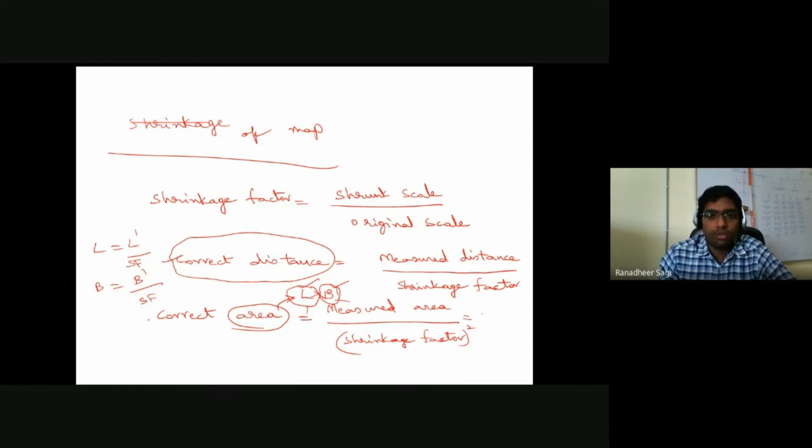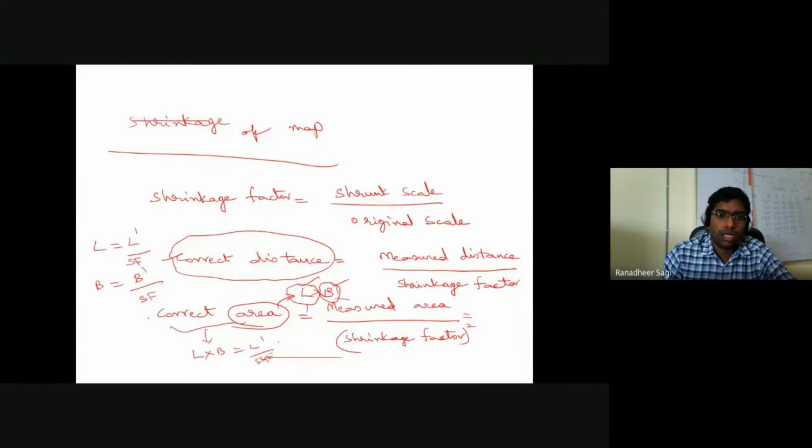So if I am trying to calculate the correct area, it is nothing but L into B, which I can write as L dash by shrinkage factor into B dash by shrinkage factor. So automatically it comes out to be L dash into B dash by shrinkage factor square. That L dash into B dash is nothing but what we call your measured area. So that's how you can convert your erroneous dimensions into the accurate dimensions,